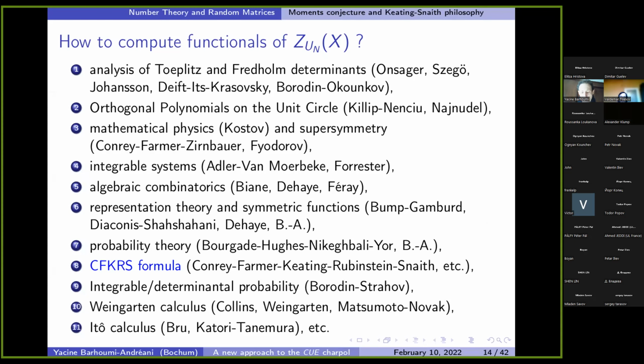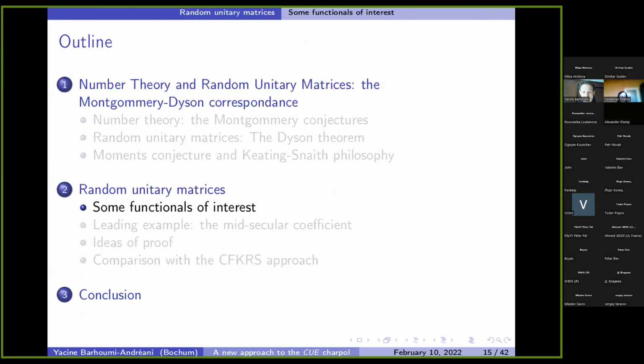In fact, I would say, you know, this is a random unitary matrix. It's a Swiss knife theory. Namely, if you know something, you can come to random unitary matrix and apply. Most likely, it will be applied, because you see the range of techniques is very huge. So yeah. Okay, so now